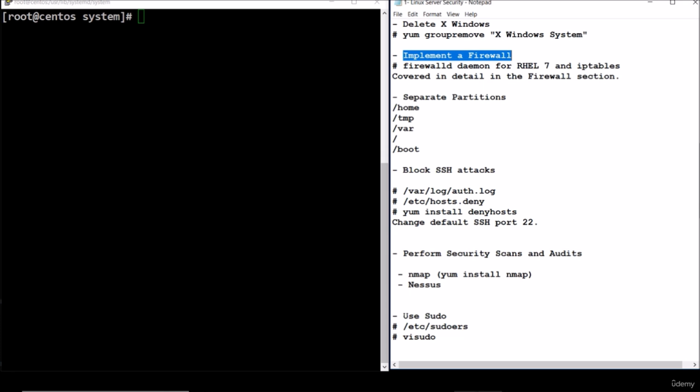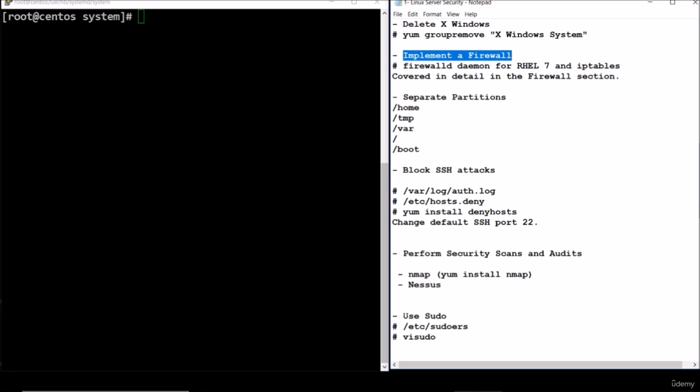The next thing is create separate partitions. You want to create separate partitions for everything, especially things such as /home, /boot, /var, /tmp. It's really important to create separate partitions in such a scheme where it makes it easier to implement disk quotas, because a lot of times certain files, certain directories, or your system will be running out of space. So if you assign disk quotas, it will prevent